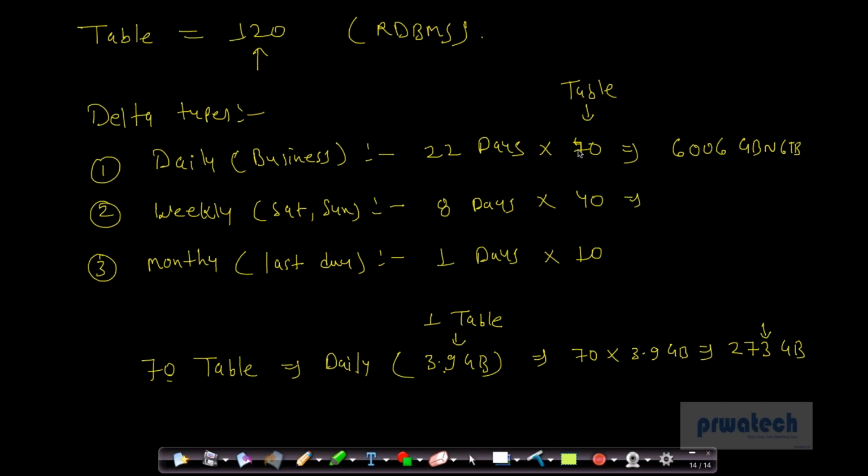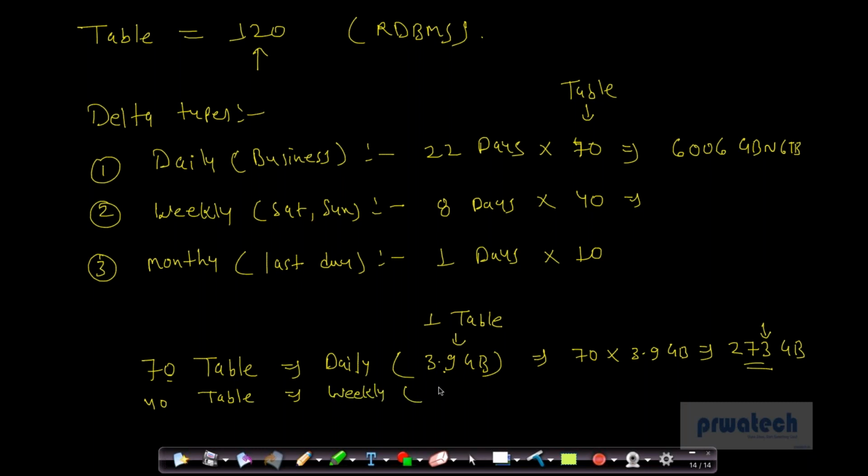So the 1 day result is 273 gigabyte. In a month, we have a 6 TB result. Similarly, 40 tables are weekly and running for 8 days. So first we will calculate for 1 day, then we will calculate for 8 days, just like this. So 40 tables is equal to weekly,